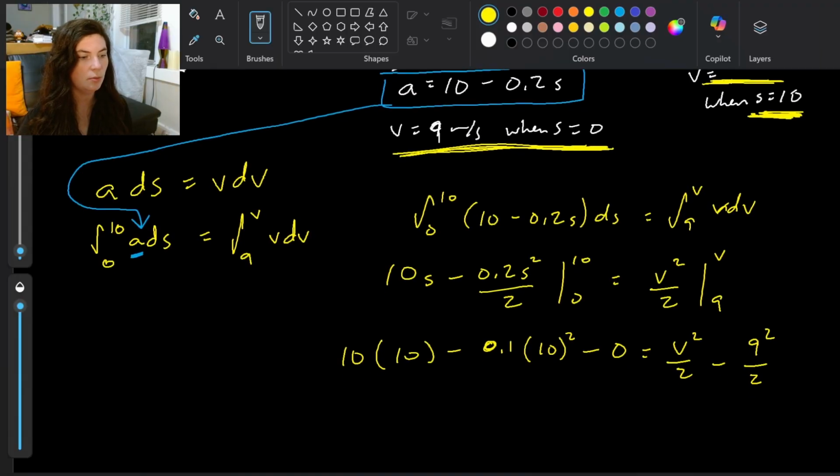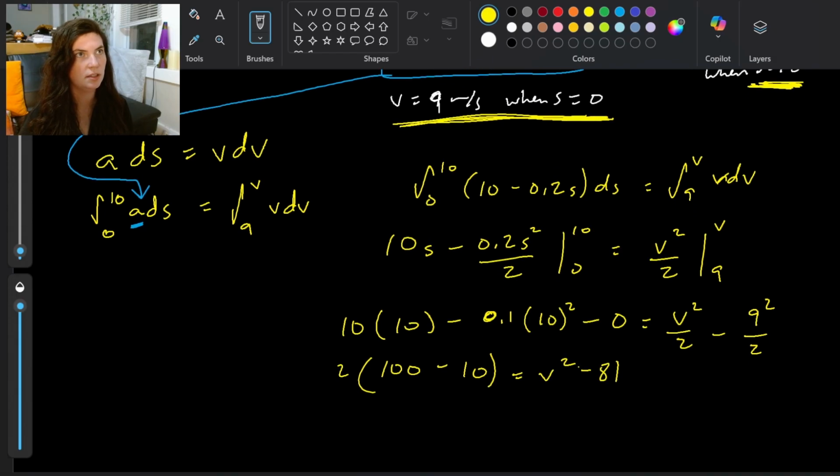So from here, with a little bit of rearranging, let's see, I think this side I get 100 minus 10? And then that I can multiply by 2 to get the 2 off of that side, is v squared minus 81. If I simplify that, I get v squared equals 261. Take the square root, I get my velocity is 16.2